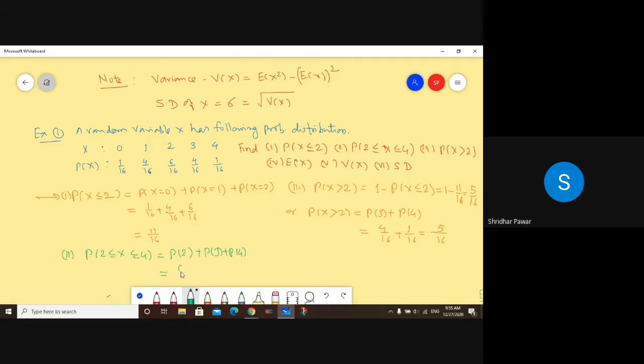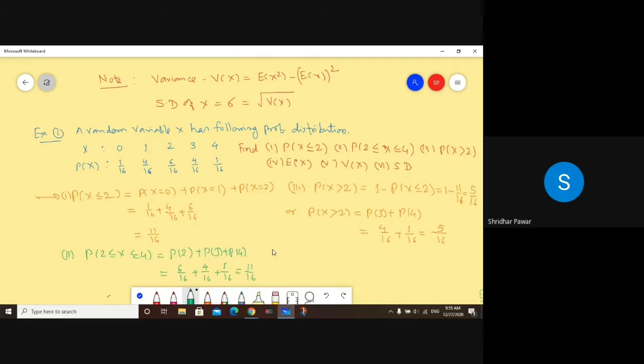P of 2 is 6 by 16, right, plus p of 3 is 4 by 16 plus 1 by 16, and what is the answer? 11 by 16. Just add the numerators, denominator सारखाच आहे. Okay, now